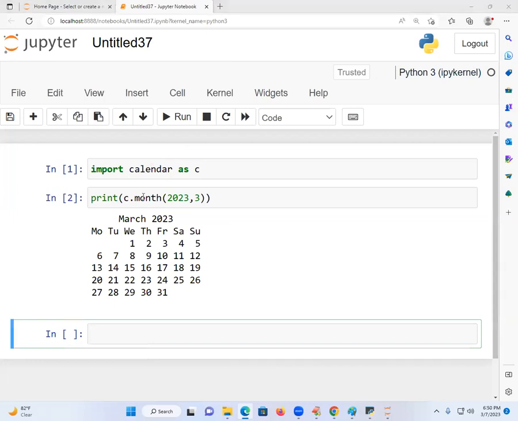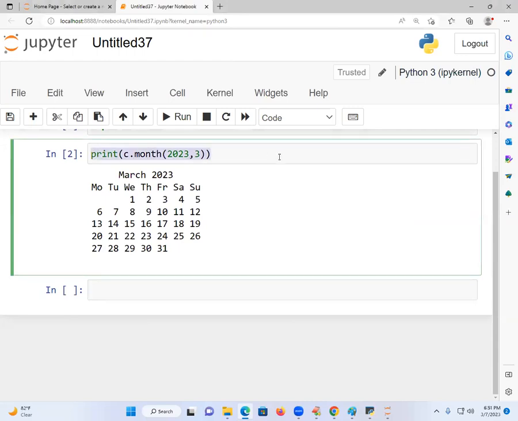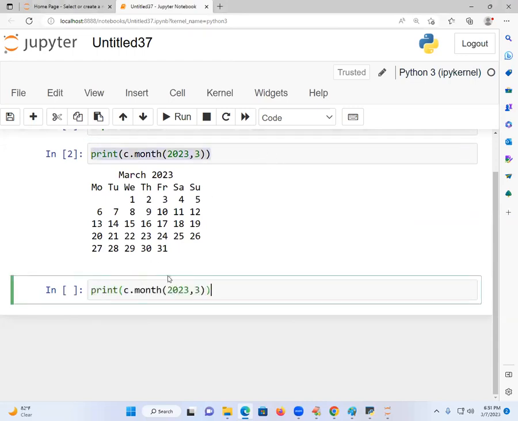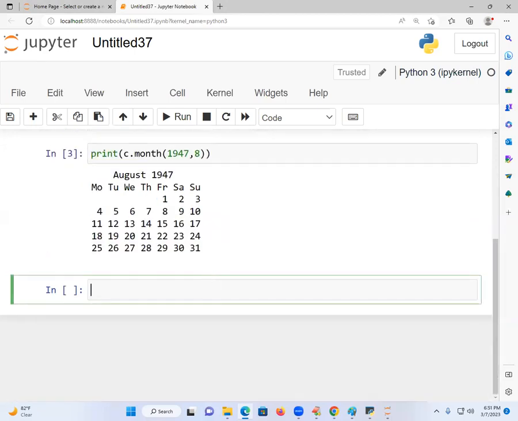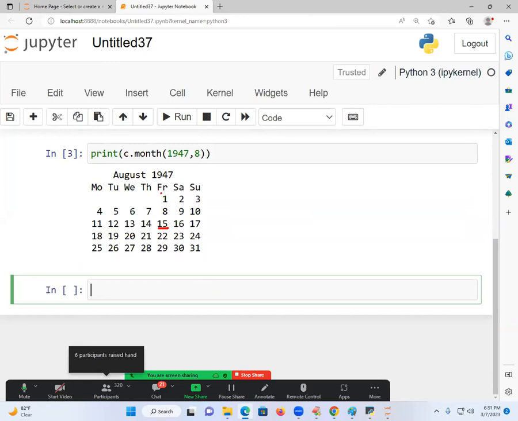Next, one more kind of thing. I will carry this. You'll go for another one. I will go to 1947 Freedom Fighting Day. I just want to say 8, this is called the 8th month. I'll be getting 1947 August 15th. We got the Freedom Fighting Day. Are you getting this data?